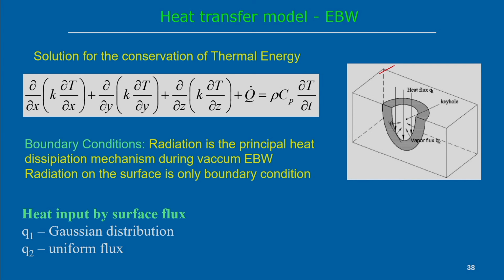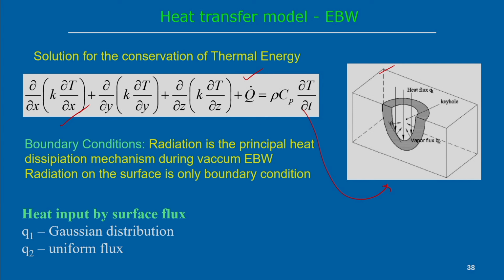So in this case, we assume that with the application of the electron beam it will produce a keyhole, and the same heat governing equation needs to be solved, that is the transient heat conduction equation. You can see the 3-dimensional transient heat conduction equation with the internal heat generation term. So this is the governing equation. We can see other cases also. In general, if we want to do some kind of thermal analysis, or want to know the temperature distribution, in that case we can use the 3-dimensional heat conduction equation.